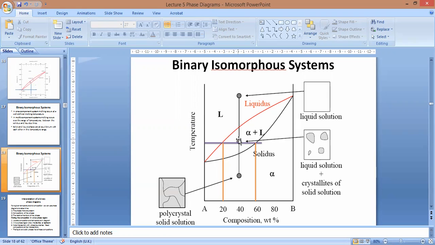So in this phase here, what you are having now is, as you are cooling. The other assumption with phase diagrams that you need to understand is that we are moving from high temperature to low temperature. Okay, we're moving from high to low. So we're basically cooling. So now during cooling,